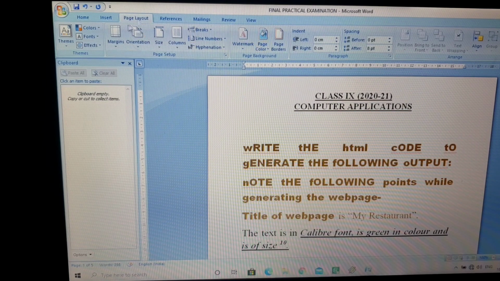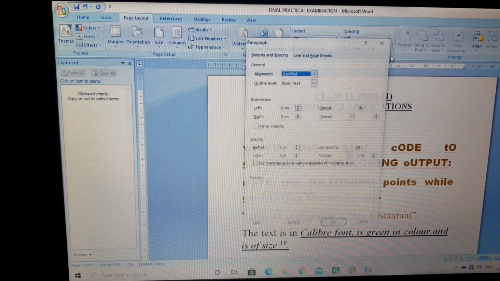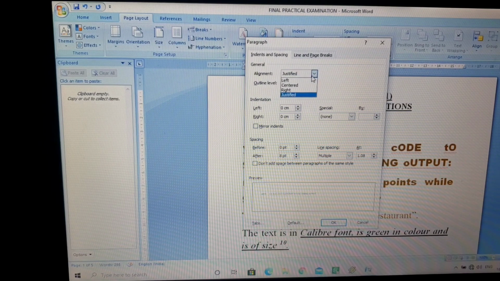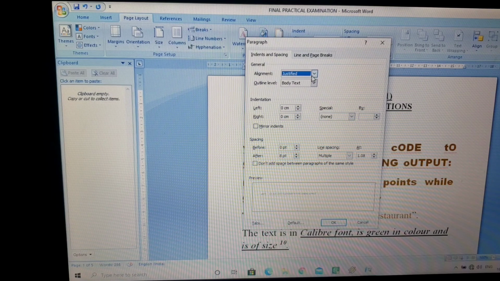You have to use the paragraph option. This is your paragraph option. Again, select the dialog box from the corner of the box, and then here you have indent and spacing. Here you can see you have left, right, all these types of alignments you can have. Justified, left, center, which you can select from there, from the standard toolbar, or from here also, that is up to you. But here you can see that you have this left, right, special and by indent.